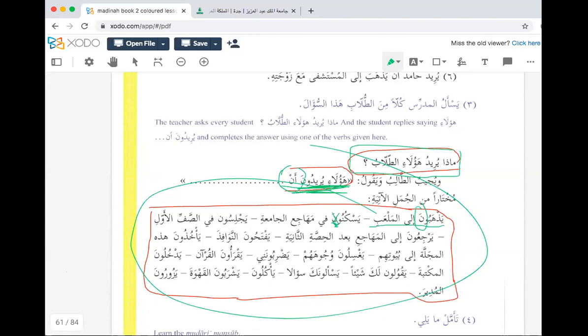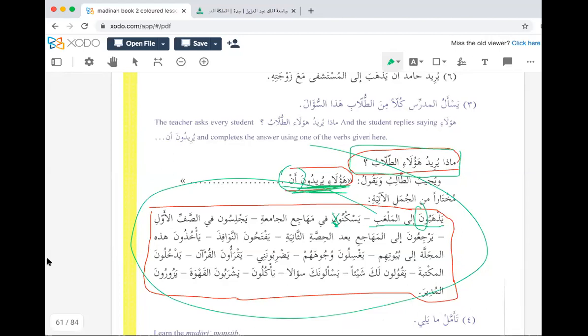Do you agree with him, brothers and sisters? No. What's the problem, Adil? You didn't drop the noon. It should be أن يجلسوا. أن يجلسوا because it's منصوب, وعلامة نصبه is to drop the noon. Is that okay, أخي عبد الله? نعم جزاك الله. بارك الله فيك. Brothers, like I said, if you're willing to take the question, which I'm hoping everyone is, please raise your hand. That way I can come to you straight away.